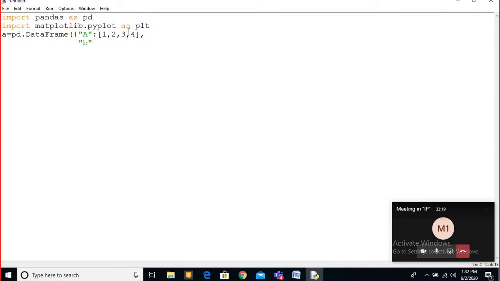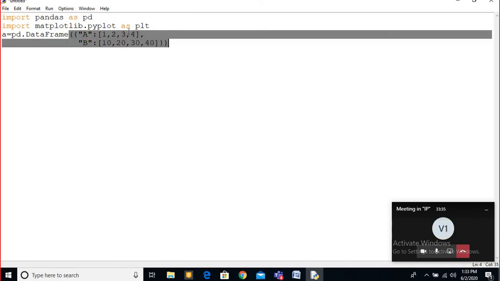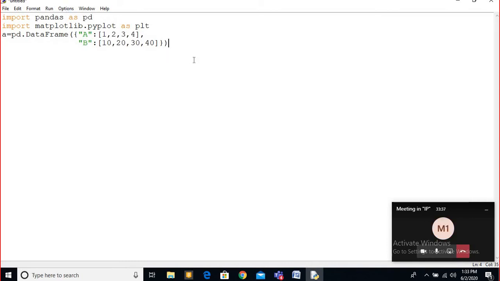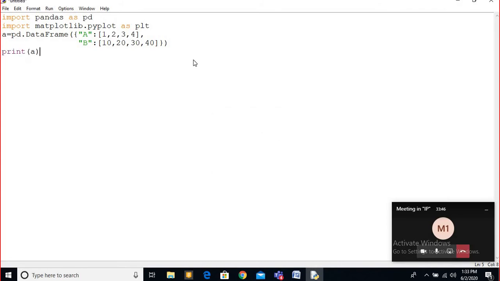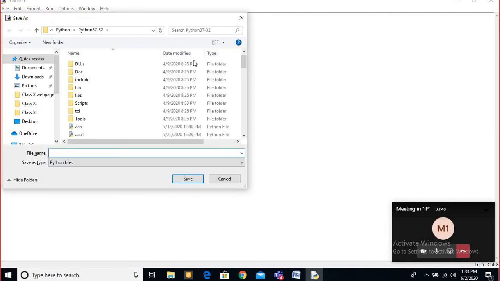Then B. Now you see this is the data frame I have created. First let the data frame print so that we know that there is no problem in this.